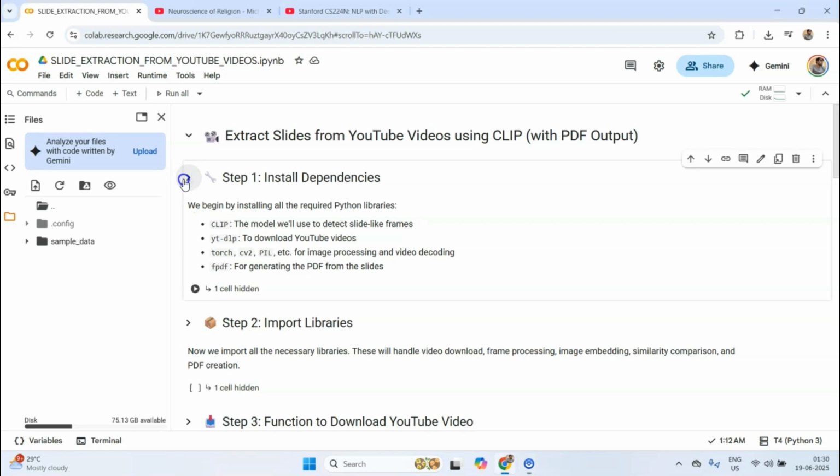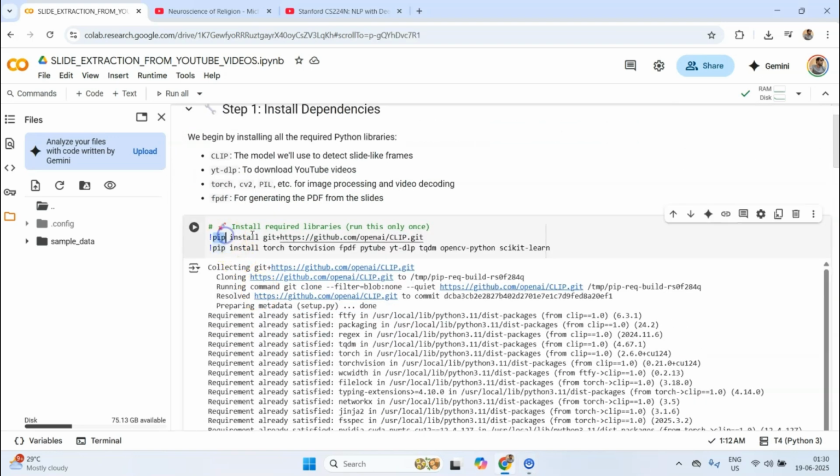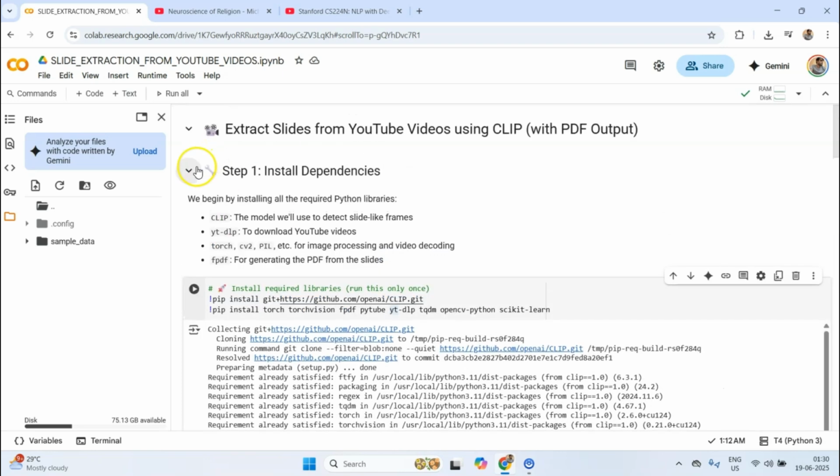In the first step, we install some packages like OpenAI's CLIP model, Torch, which is required by CLIP, FPDF to convert all the detected slides into a nice looking PDF, then PyTube and YTDLP for downloading the YouTube video, TQDM for showing the progress bar, OpenCV to process the video, and scikit-learn to detect duplicate slides.